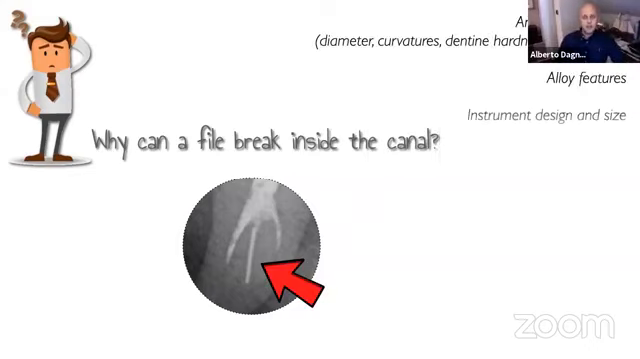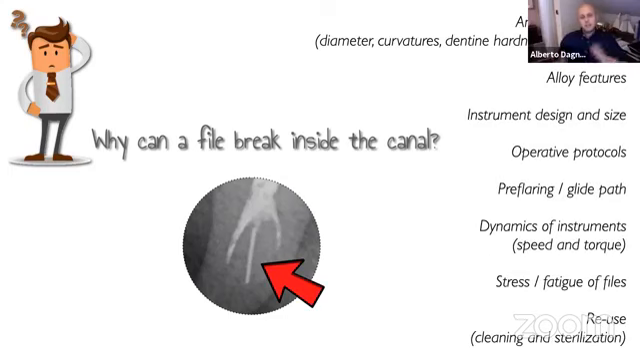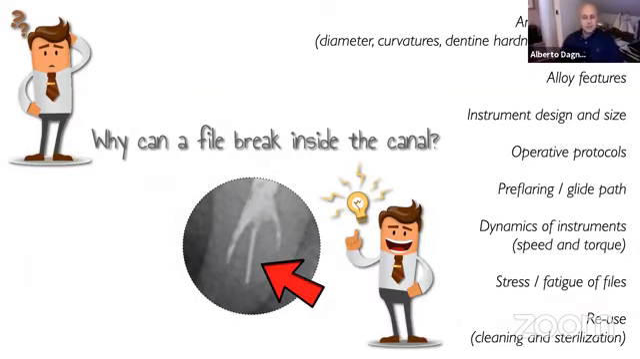We have so many causes. There are causes related to the anatomy of the tooth, to the endodontic anatomy. There are some causes related to the operation protocols, to the files, and to the operator. And analyzing each one of these causes, we can adopt strategies or solutions to prevent or to avoid the fracture, the separation of a file inside the root canal, because